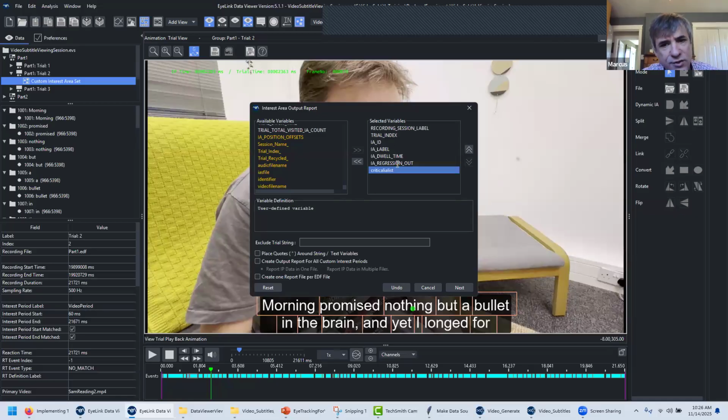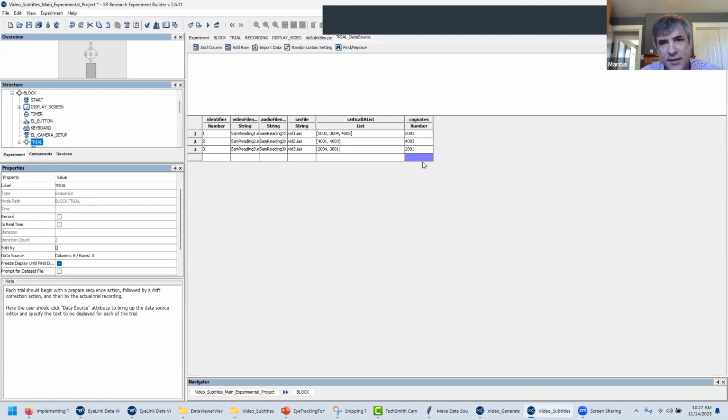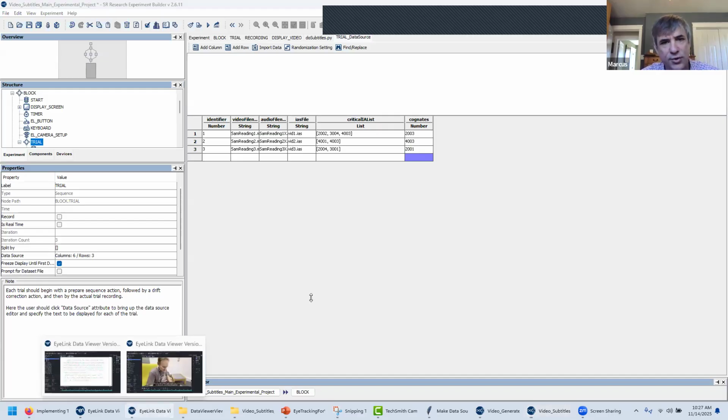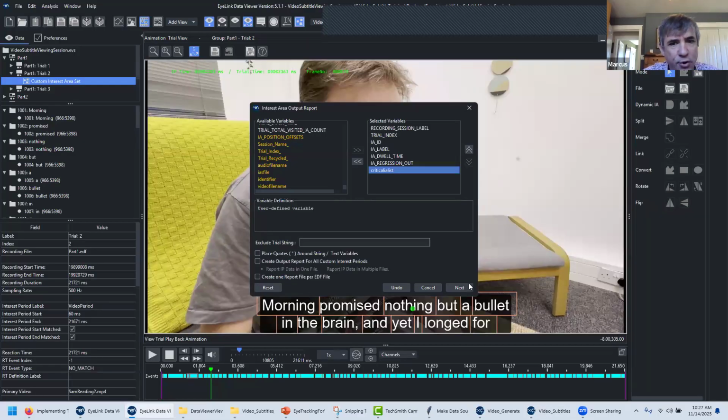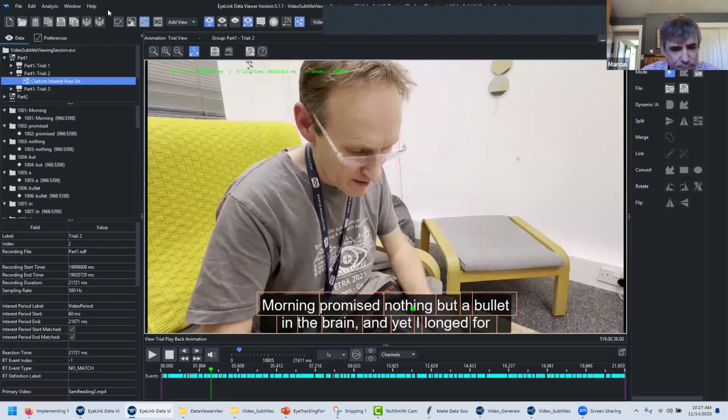And I should also mention, related to this, you don't have to do it in Experiment Builder. This doesn't affect the participant's experience at all. It's just convenient to do it this way because then it's already there for you in Data Viewer. If you forgot to do this or you decide, oh, I have a new set of critical words that I want to do, you can either add them in your stats program, just making new variables that are different for each video,